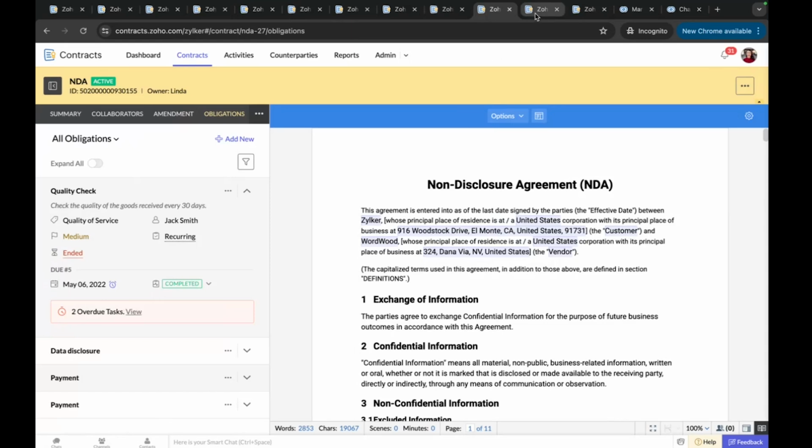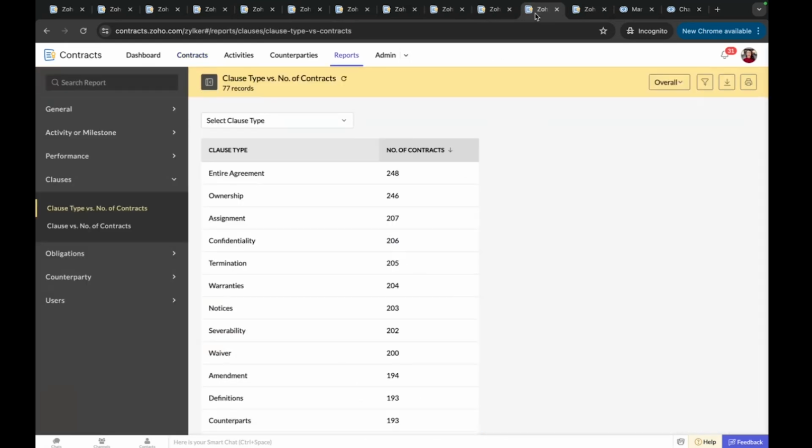And moving on to the third aspect, improving compliance and governance, we can start with the analytical capability of Zoho Contracts. We have 35-plus standard reports for various aspects of contract management. And as I mentioned earlier, when regulations crop in, it translates into changes in clause language. And to understand how many of your existing contracts make use of that particular clause